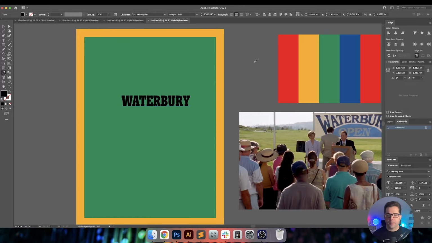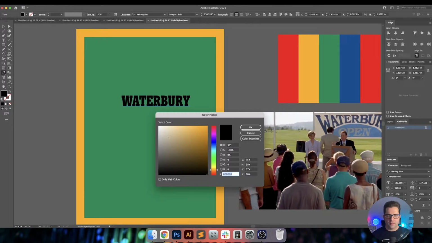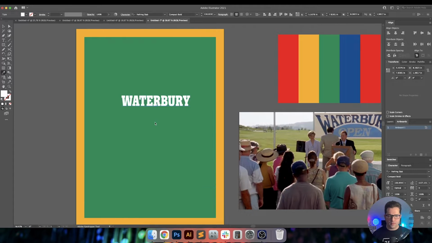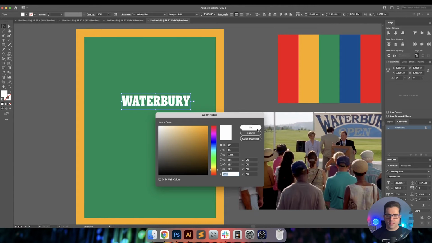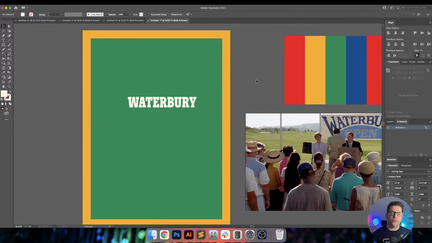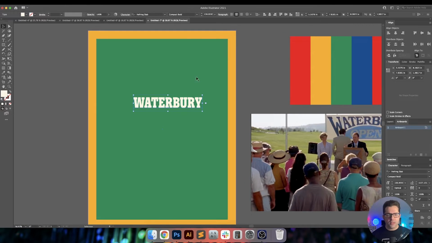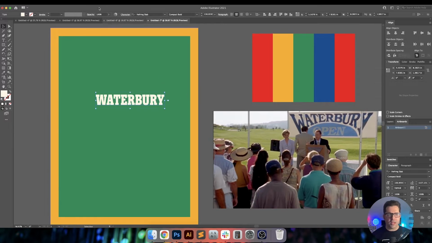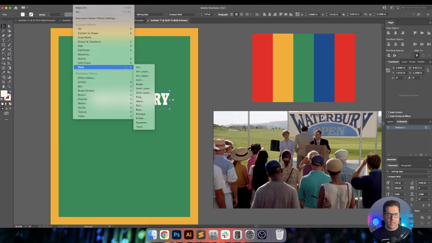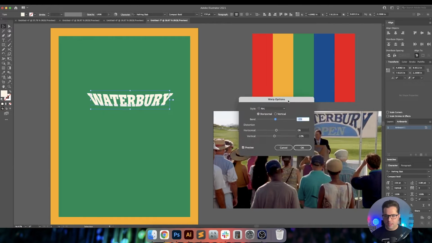So I'd like to do this in white, like this, or maybe slightly off-white, something like that, so that if we do add any kind of effects to this, that color will allow those effects to show through. This is actually a warp effect that we're going to be doing. I'm going to make this a nice even 150 point type, and this is actually going to be an arc,